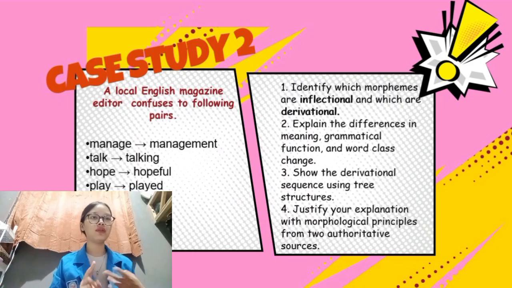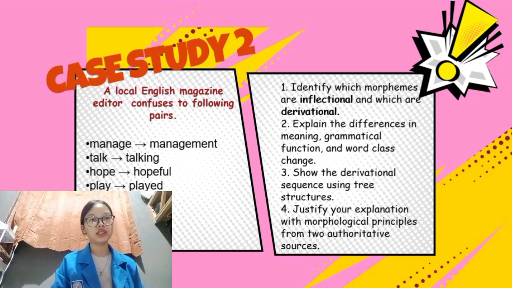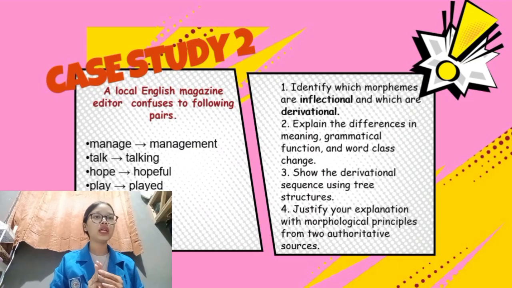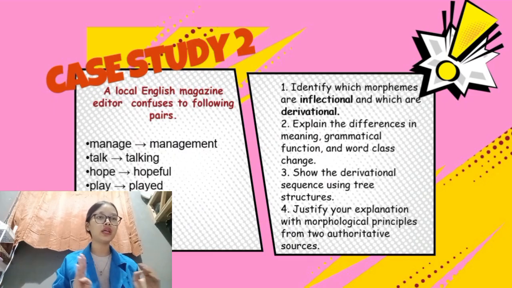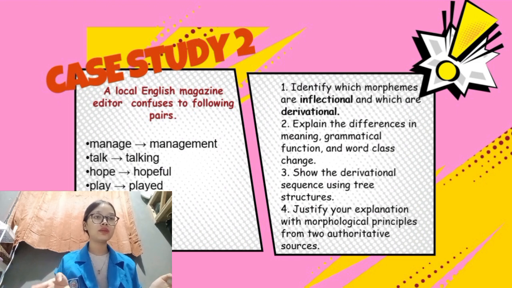Second, explain the difference in meaning, grammatical function, and word class change. Third, show the derivational sequence using tree structure. Fourth, justify your explanations with morphological principles